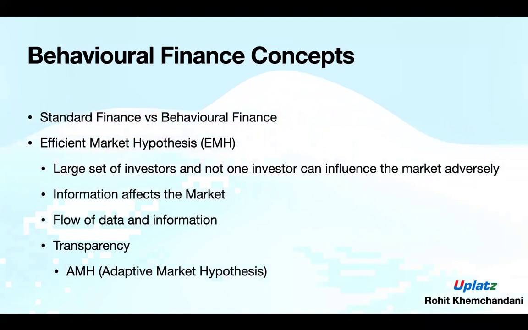So the weak form of market holds the phenomenon that all historical sequences are reflected in the stock prices. The price of the stock budges in a random fashion and moves only in tandem with demand and supply positions. So if there is a high demand, the stock price can rise, and if there is a low demand, the stock price can come down. Thus, historical prices cannot help in forecasting the future prices of the stocks. Therefore, technical analysis is of no use. So the weak form says that it depends on demand and supply, and it doesn't depend on any other thing.